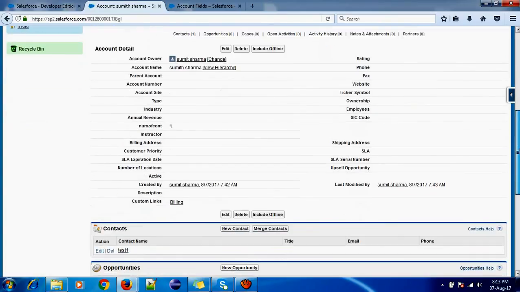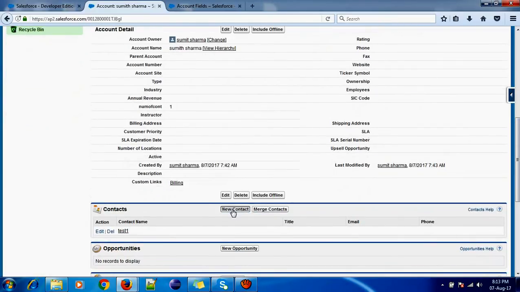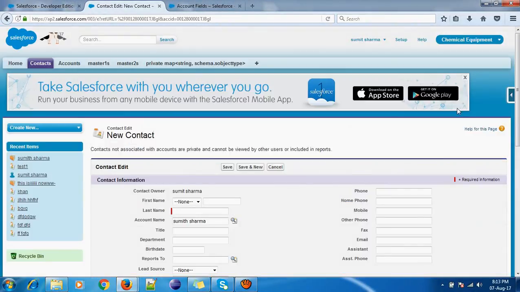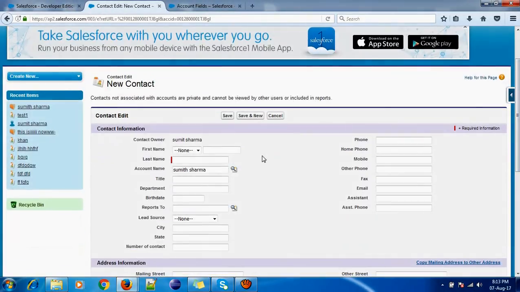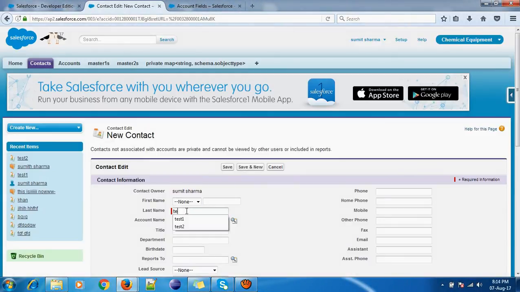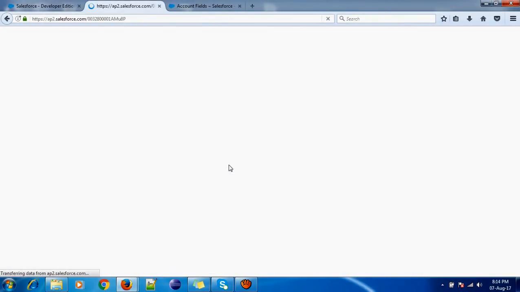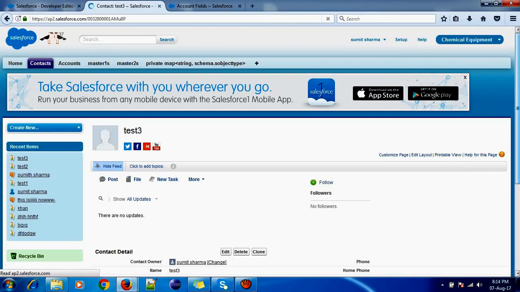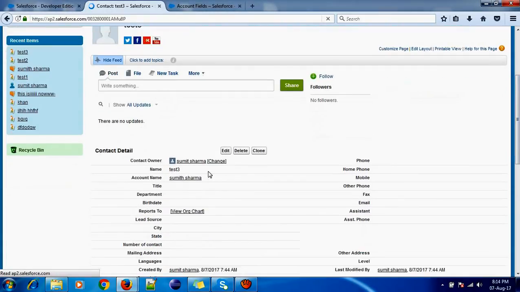So let's add one more contact and check whether it's getting updated. Let the last name be test2, save and new, and test3, save. So the number should be 3.